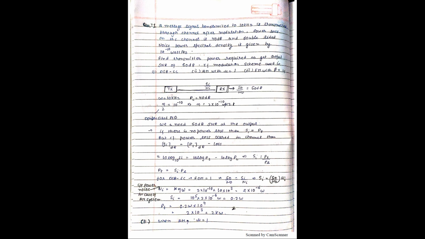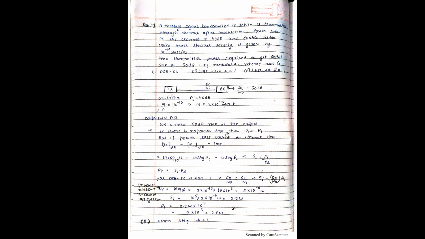The power in dB is represented as 10 log. If we have 2 watt of power, then in dB that will be 10 log 2. But if you talk about voltage gain and current gain, then to convert it into dB you use 20 log. But in case of power, you use 10 log. So we want 50 dB as the signal to noise ratio at output.